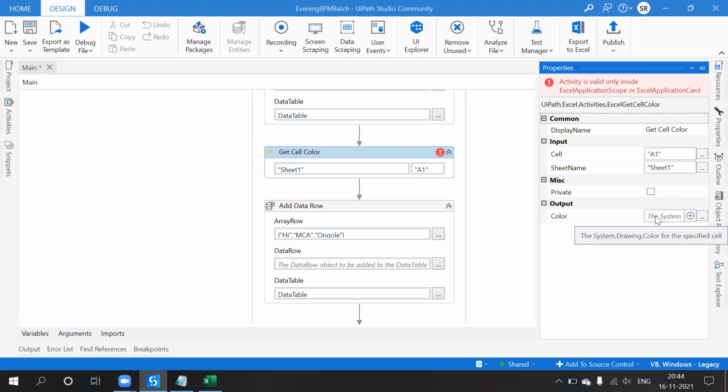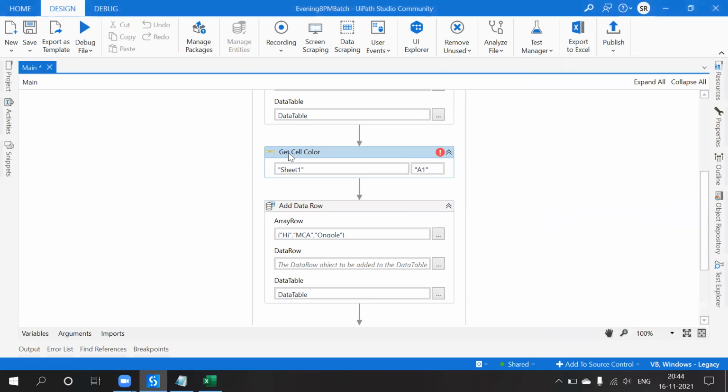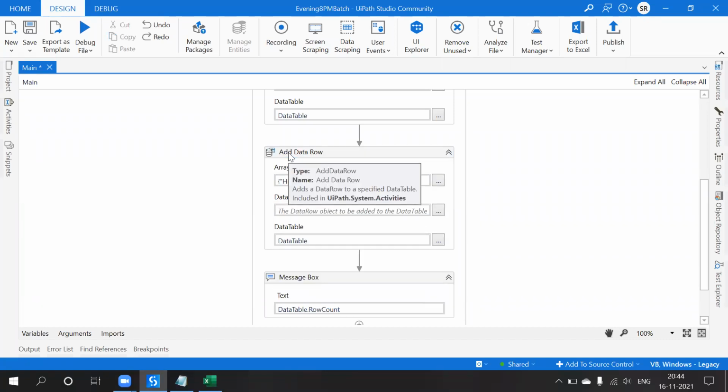Then you will be able to find this. After the color, get the number of rows and all. You have to find out the solution. This is one of the assignments.